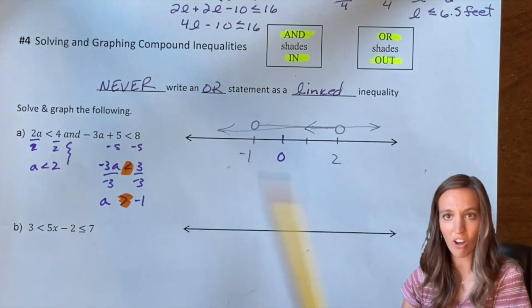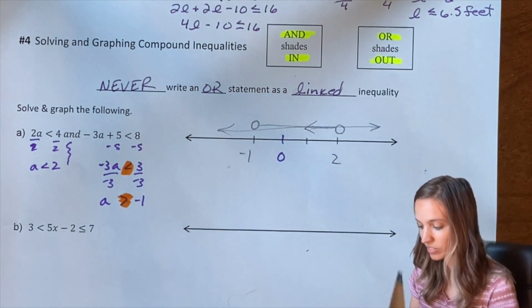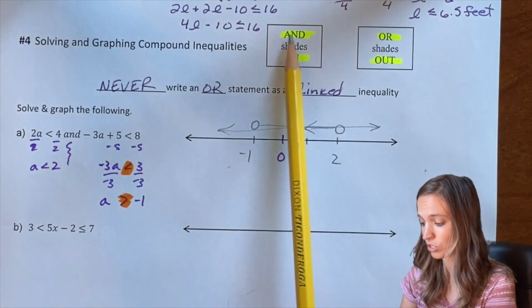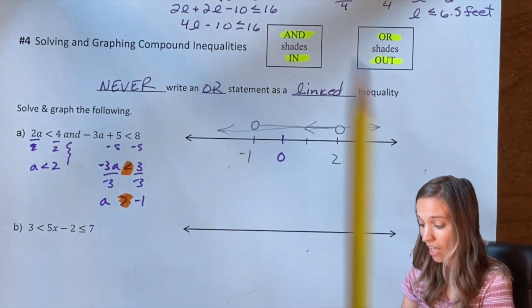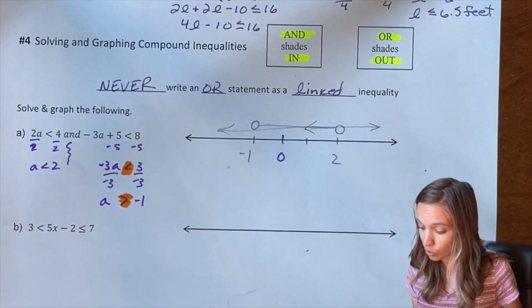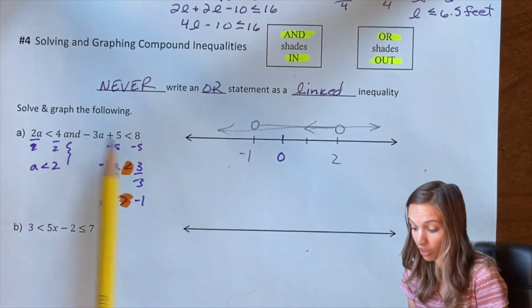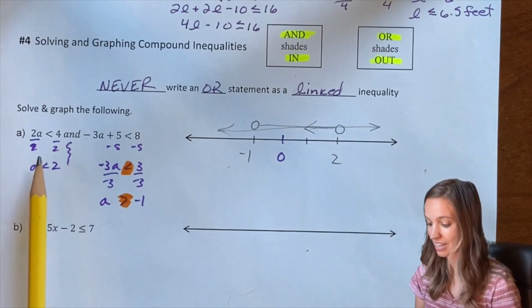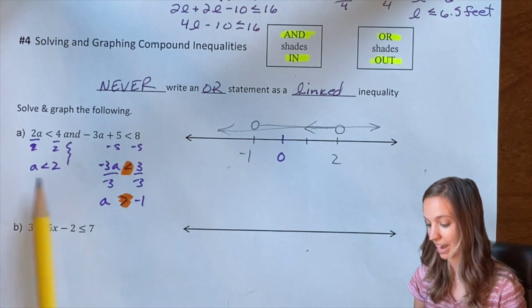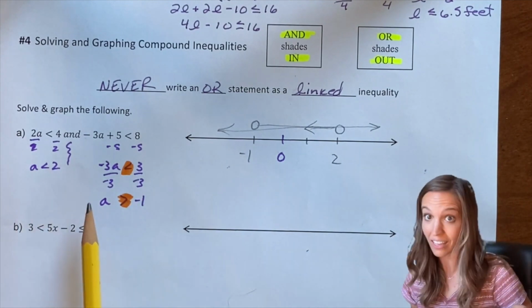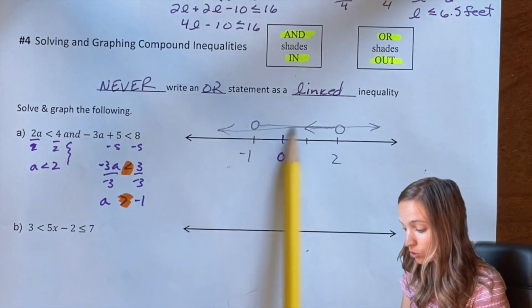This looks so funky. We haven't had something look like this yet, but this is what Mrs. Peart was talking about before when she said "and" shades in. And statements mean that my solution needs to satisfy both of the inequalities. My solution set needs to satisfy both of the inequalities here. I need to be less than 2 and I need to be greater than -1. So my solution's actually the